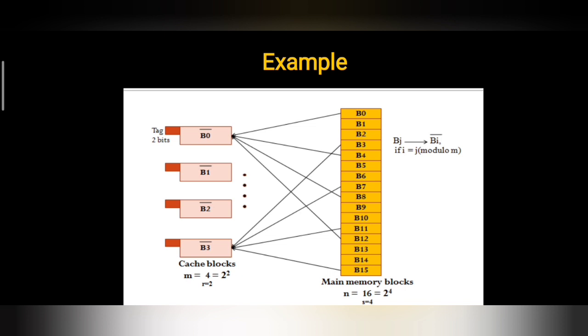So using this modulo function, you can directly find out which main memory blocks can be mapped to which of these cache memory blocks. So this is all about direct mapping, and you can see that this particular mapping technique is quite rigid in nature. This is because there is a restriction that I can map my B0 main memory block only into the B0 cache memory block. I have no flexibility to map my main memory block to any of the other cache memory blocks. So this is the rigidity offered by the direct mapping technique.